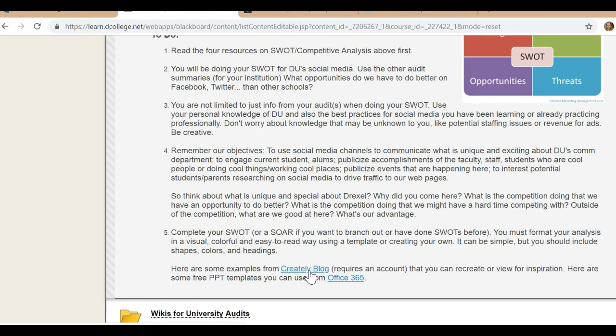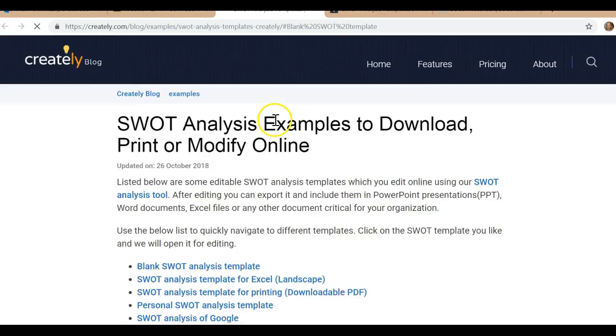So you want to look at the opportunities that we have in terms of content and getting user-generated content. And right now, a weakness is that we don't have anybody in the department, and you can use this on your SWOT. We don't have anybody who's handling it, but we are hiring somebody, so that will be changing soon. So you want to think about all of these different kinds of things. And then you really want to take the opportunity to really create a visual SWOT, and I really recommend Creately just to look at the templates to get some ideas.